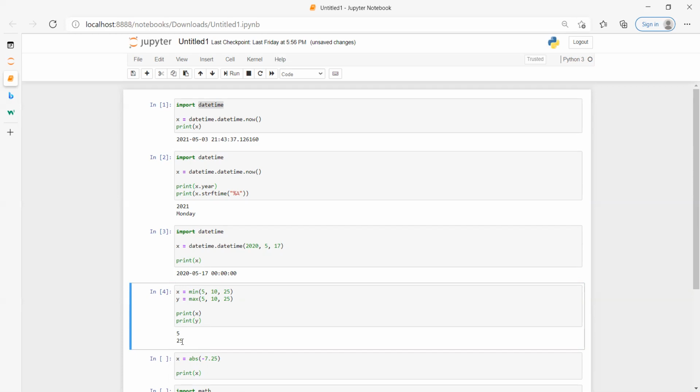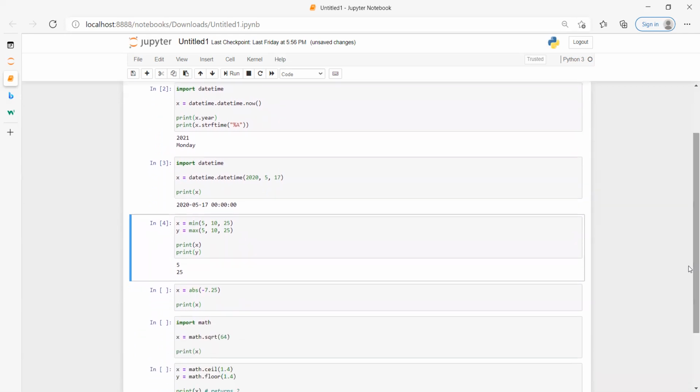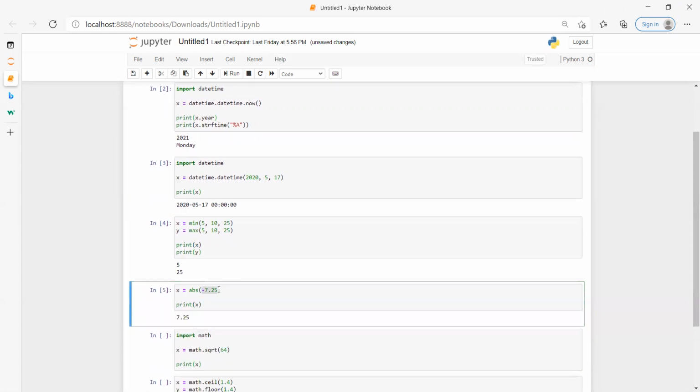Suppose I have something called the absolute function. If I send any input to this absolute function, you will get the absolute value. If it is negative, it will give you positive. If it is positive, it will retain the same. Absolute value is nothing but negative or positive shown as a positive value. That is one of the math functions. Min, max, and absolute are math functions.